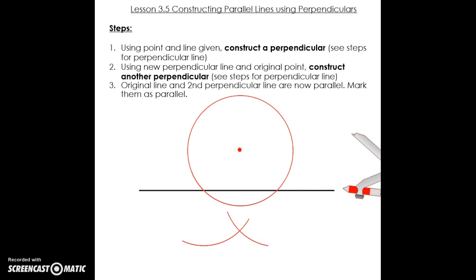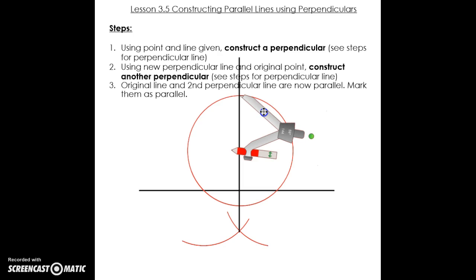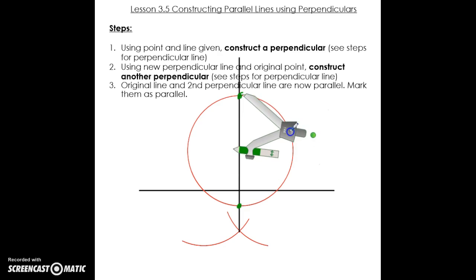And then I'm going to take my straight edge, connect through that intersection point up through my point. Now I went all the way up through my circle. The reason I did that is because now I can use this circle as my first arc. So I have this new line and my point on the line, and this circle is my first arc that hits that line twice. So now I can go on those two intersections. Let me emphasize those. So this intersection here and this intersection here,